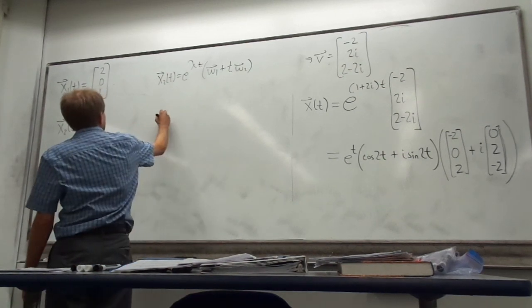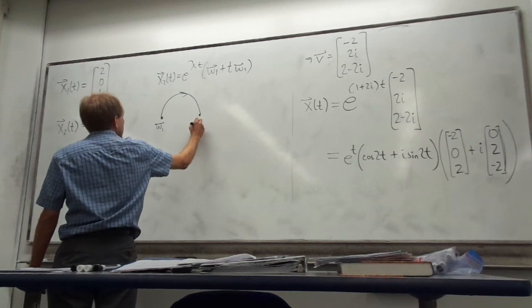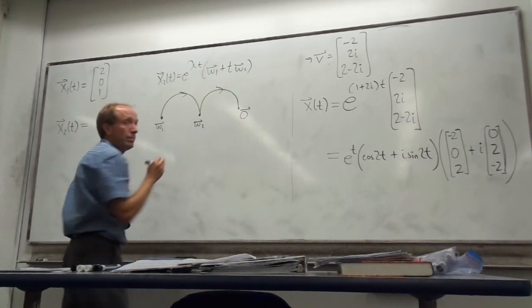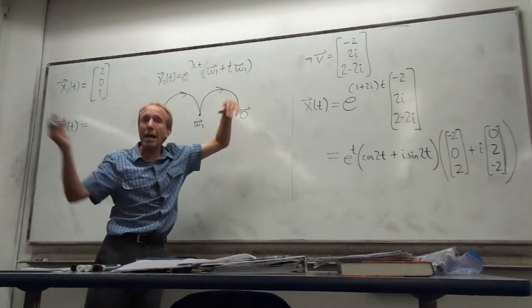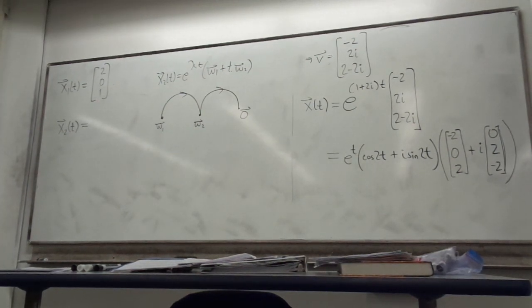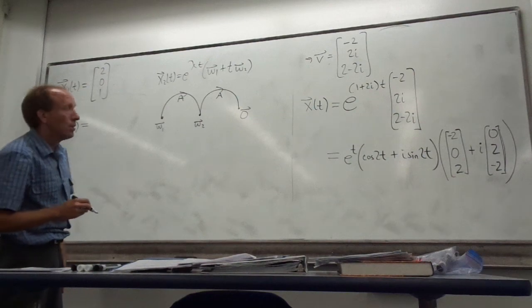And the trick with the w's, this is really the thing we need to review right now. Here's w1, here's w2, and here is 0. Each hump that I pass over is like multiplying by the matrix A minus lambda I. But in this case, lambda is just 0, so it's really just multiplication by the matrix. Okay, so we need to